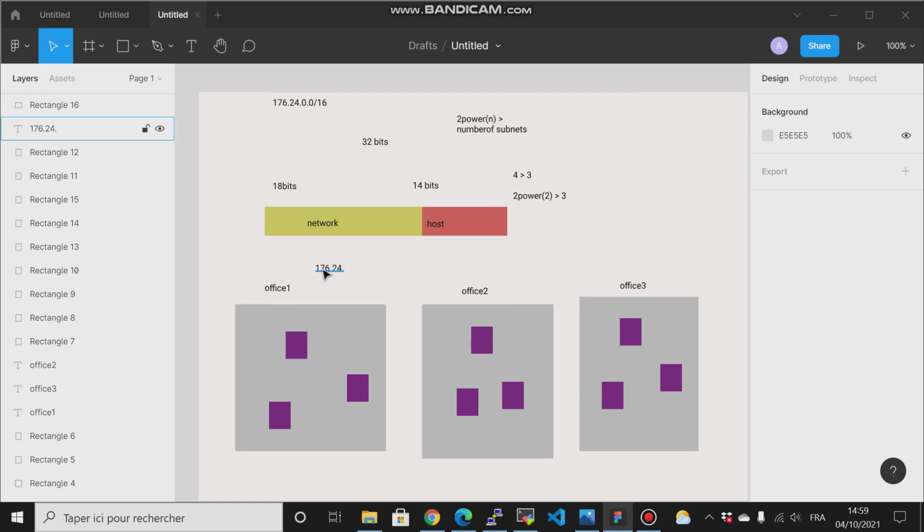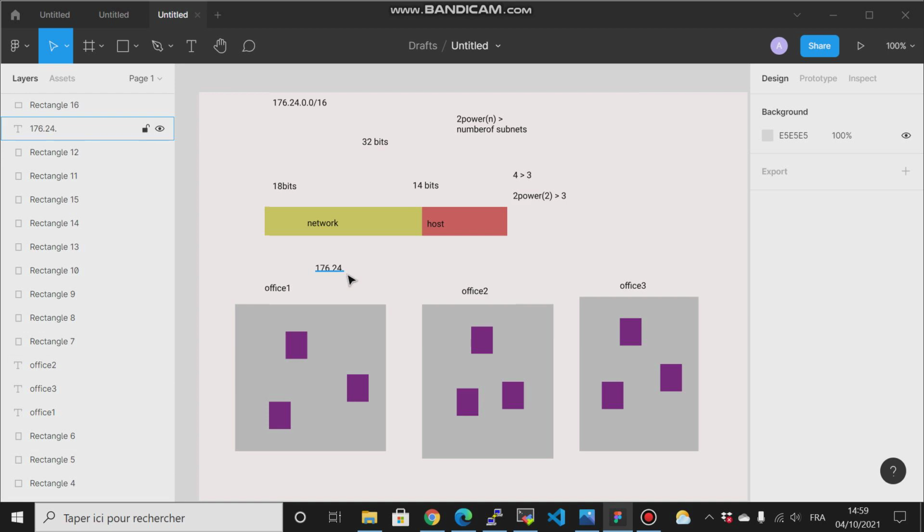And how can we now take, or what is the IP address of this subnet and of this subnet and of this subnet? As long as we said that we have 2 bits for our subnet,